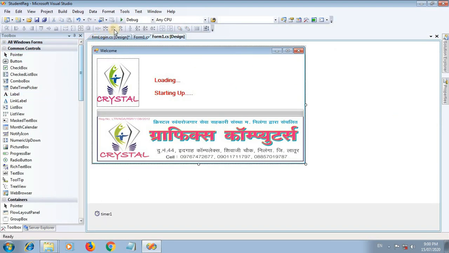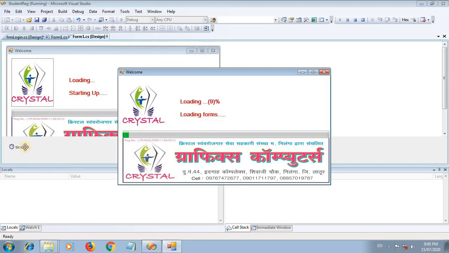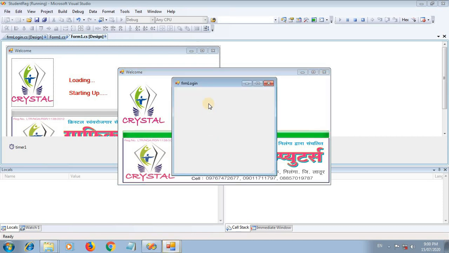So how can we run the form? Go to Start Debug or press F5. So this is our welcome screen, it looks like this, and our progress bar is filling. This is the value and this is the information changing. After completing 100%, it will show us a login form, but